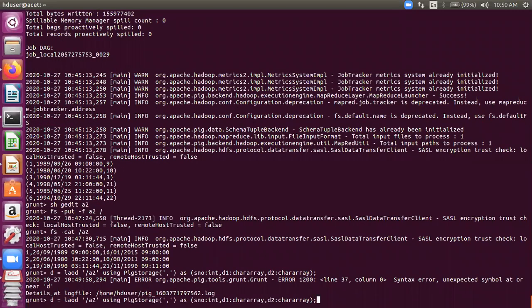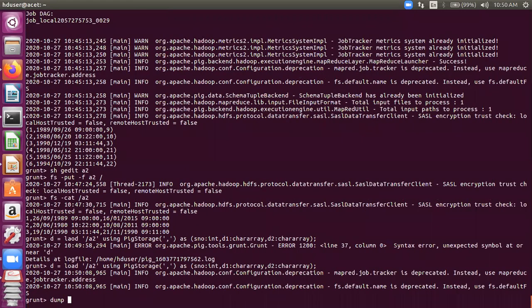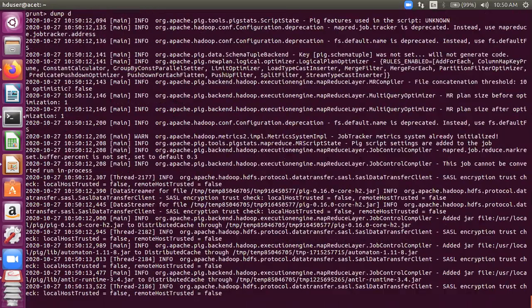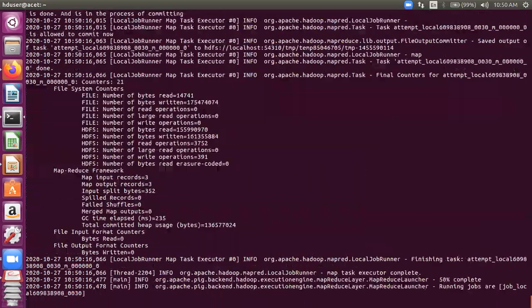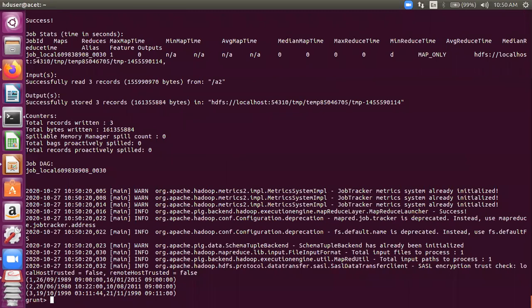Did some mistake here. Yeah, the spellings. Okay, so let's dump it to see whether we are on track. So we have loaded the file having 2 dates, but the dates are currently in char form, in char array, right? So you loaded it, you can see it. Let's now convert it into a date. For our discussions, I'm going in 3 steps. First, the original relation, then the relation converted from char array to date, the fields, and then the various functions. We'll keep it simple, but you can do it in 2 also.